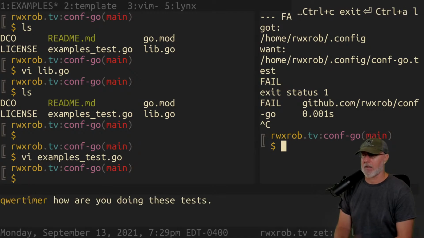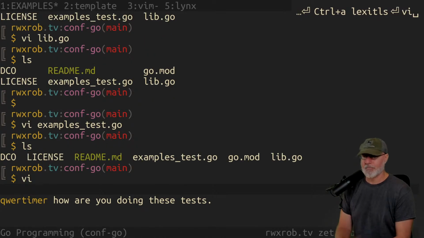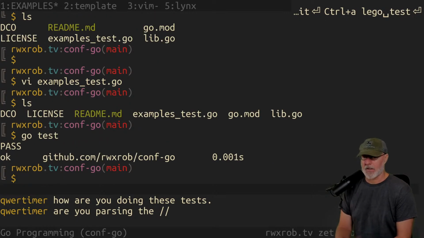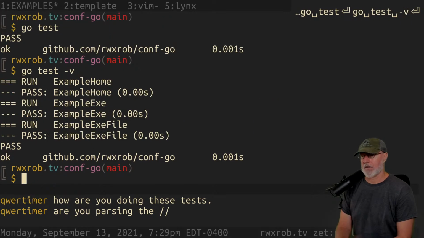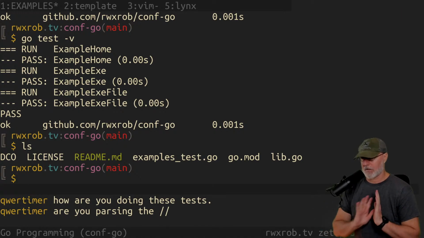So we're not done, but how am I doing the tests? I'm just running go test in a loop. Actually, it's not a loop. It detects whether there's any changes to the files, and then it makes a test. So it's go test, that's all it is. Go test -v. It's just in a loop, and it detects changes to the files. So the examples become a part of the documentation. That's why I did it that way. That is a committable moment in my mind.